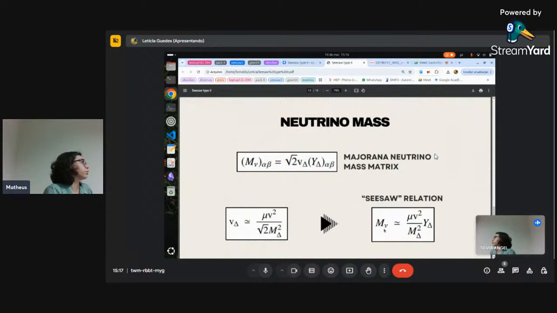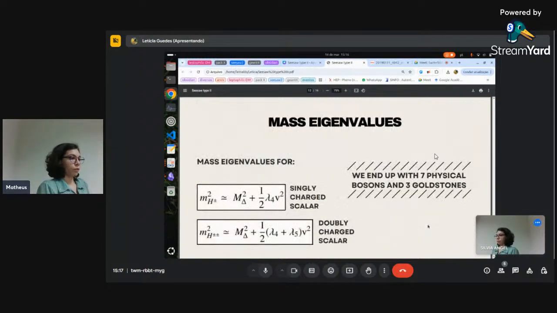In this case, you have a big mass for the new scalar, and that justifies the smaller masses for the neutrinos, the actual neutrinos. But you have two extra parameters in this case, that is this mu, that is that coupling, and this Yukawa coupling with delta. So finding the mass eigenvalues, you consider the minimum of the potential,